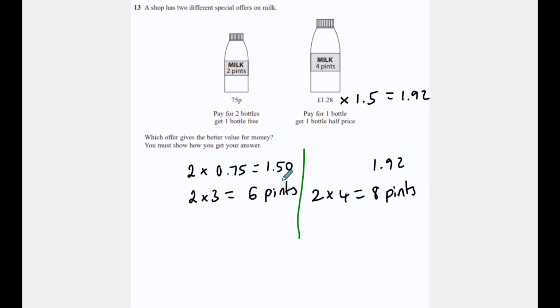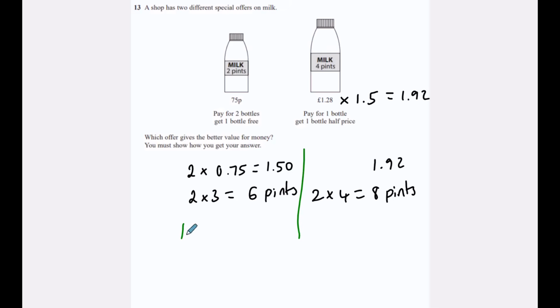So which is better? Do we want £1.50 for 6 pints or £1.92 for 8 pints? We need to make something the same to compare them. So let's make, should we do price per pint? We can do price per pint, divide £1.50 by 6 and £1.92 by 8. Or I could compare 2 pints, divide by 3, divide by 4. Or I could scale them up. I could say let's compare 24 pints or something like that. Let's do price per pint. So